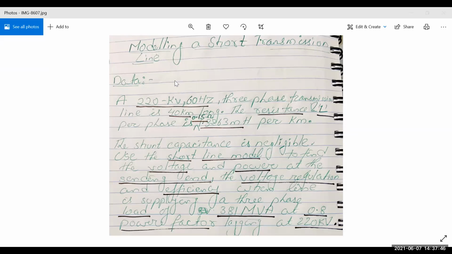As sir told, many things have been covered, so it is in the starting part only. There are three types of transmission lines: short, medium, and long. For short, I have chosen one numerical. We'll use all the data. See, I have underlined the data that we are using in this practical part. So we'll solve it first. What data has been given? Can everybody solve this?